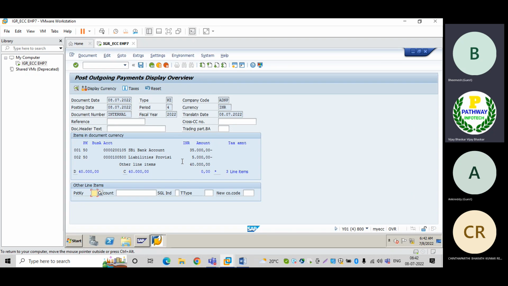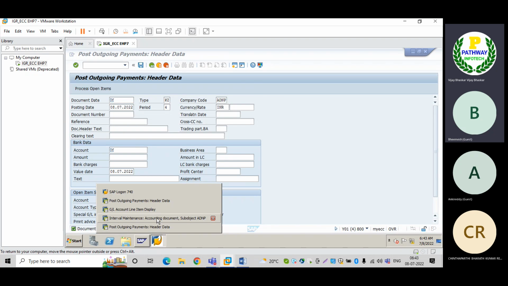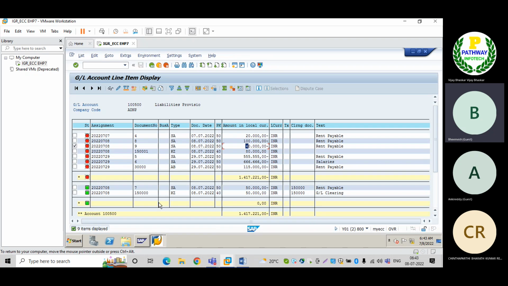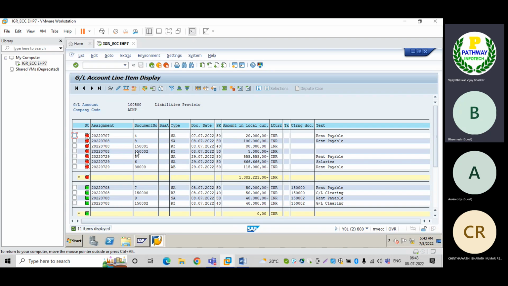Okay, now the functionality of the residual payment, what will happen. First let me post the document. Let me post the document, the 15002, it has been posted. Let me go and refresh it. Okay, 15002, and now you can see here